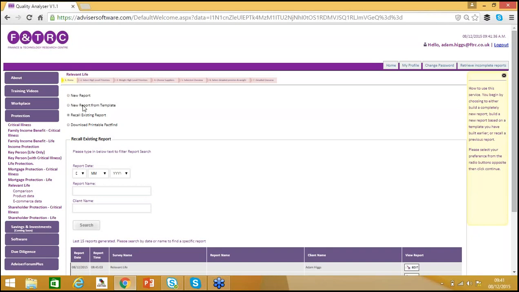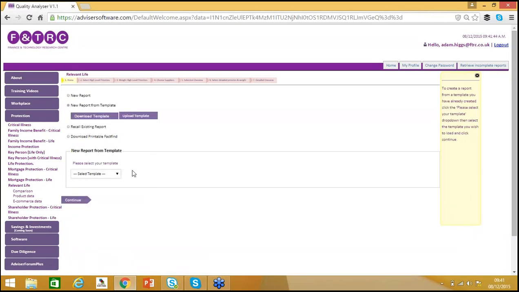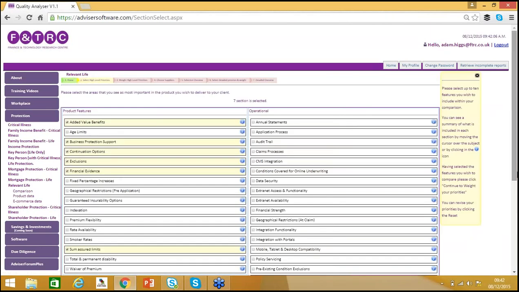Now in this instance, I'm going to run this demonstration from a template just because it's easier. There's no inputting of data for me. However, the flow of the tool is exactly the same if you're going completely from new or from a template. So because I've selected new report from template, that has given me a drop-down list of the different templates I have saved. It's just a case of selecting the one you want to run and clicking on continue,